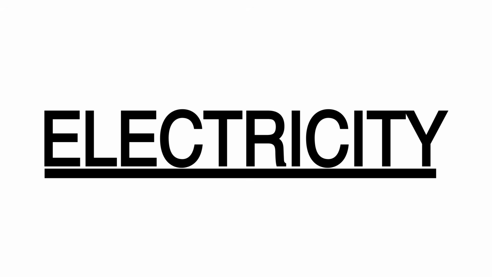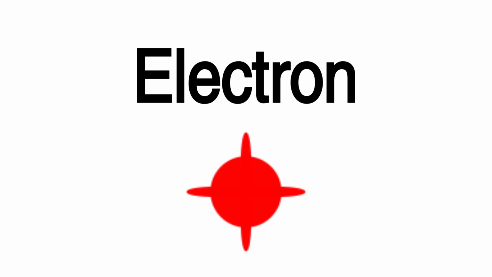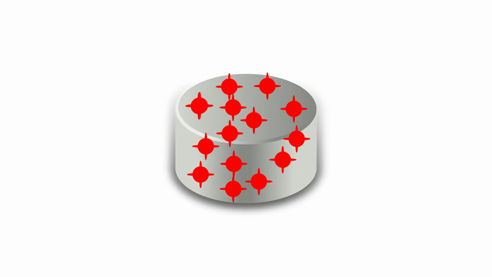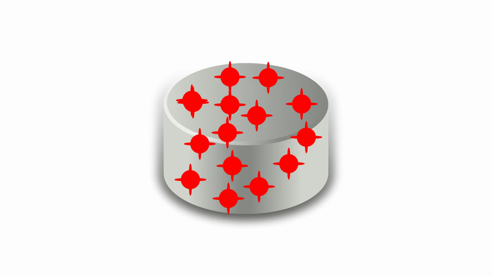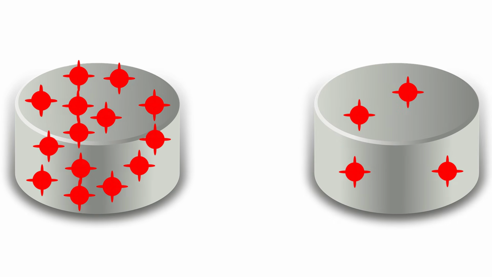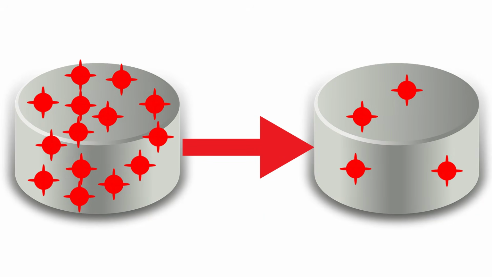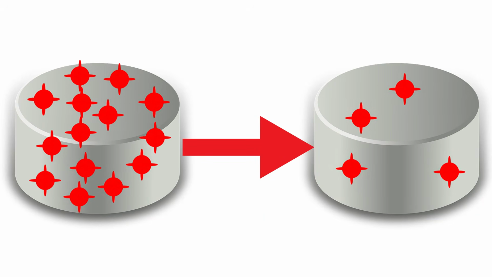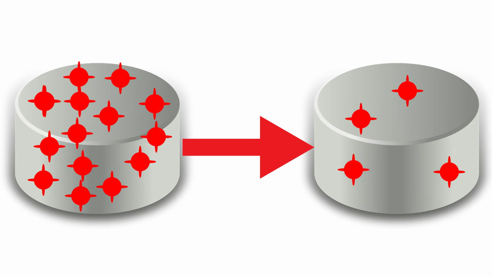Now, to keep things very simple here, think of an electron as a single unit of electricity. If an object has a ton of electrons in it, it has a lot of electricity in it. Electricity follows this simple rule. If there are a lot of electrons in one object, and very few electrons in a different object, the electrons want to go to the place with fewer. Why electrons behave this way is very complicated, so I won't go into it now, but it's a simple rule of physics, just like gravity.